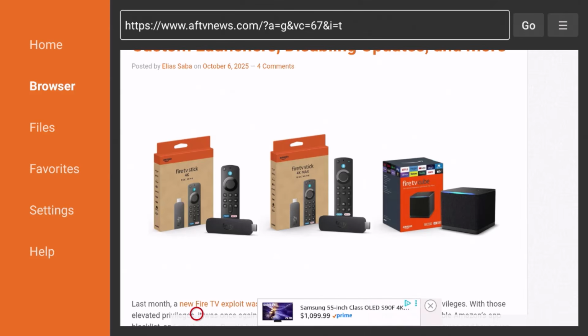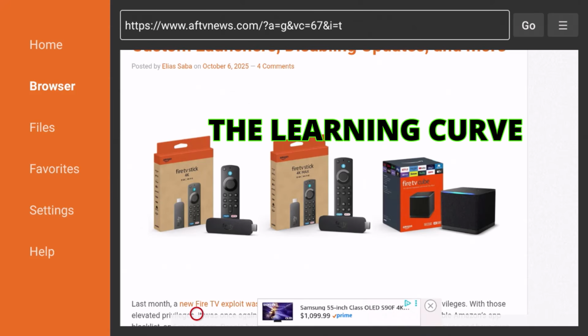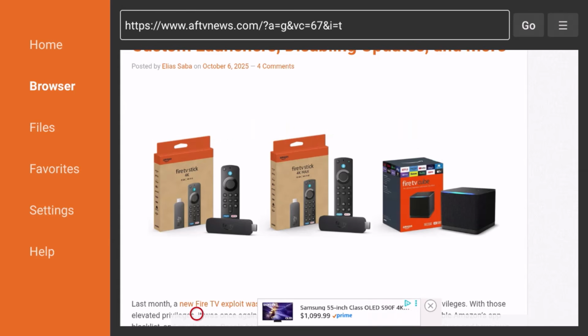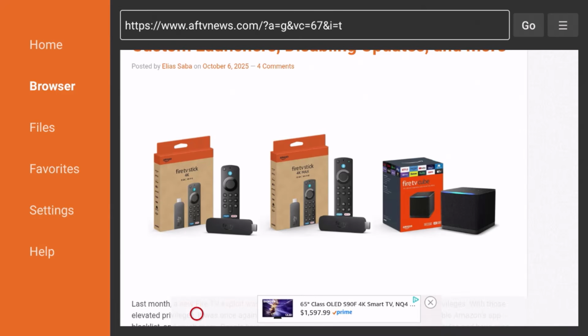Vega OS has a different interface and settings layout compared to Fire OS. It might take a little time to learn the navigation. Some users may find it less familiar. Anything new is going to look unfamiliar. Repetition is the king of anything we do in our life. So these are the 5 drawbacks that I was able to find and just share with you